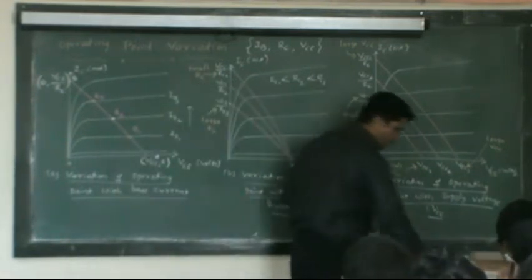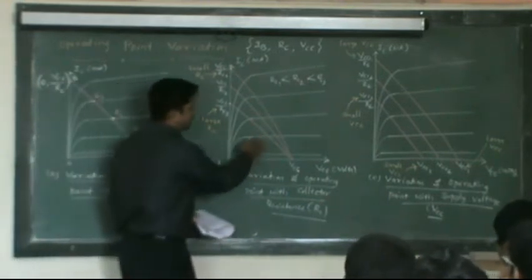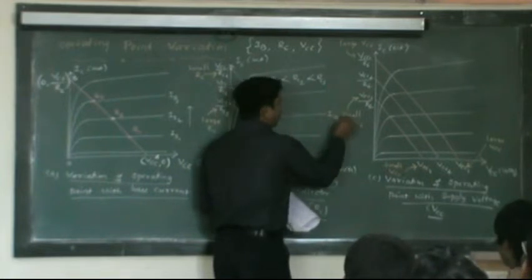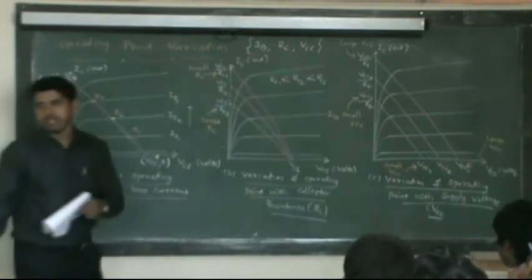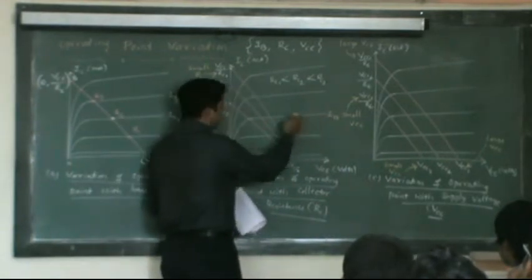Without fixing the base current, we cannot fix an operating point. Here the variations are in base current, but here I must fix some base current. Say, for example, I am fixing that IB. It may be 20 microampere, say. Now look at where you get the operating points. So you get 3 different operating points.